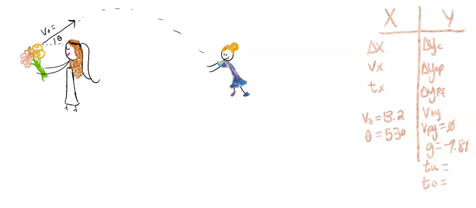Alright, number 7 on the blue packet. So we have a bouquet. It's tossed in the air, traveling for 2.2 seconds before landing in the hands of a hopeful future bride. So we have our bride tossing flowers that are pretty much as tall as her entire body to somebody that's